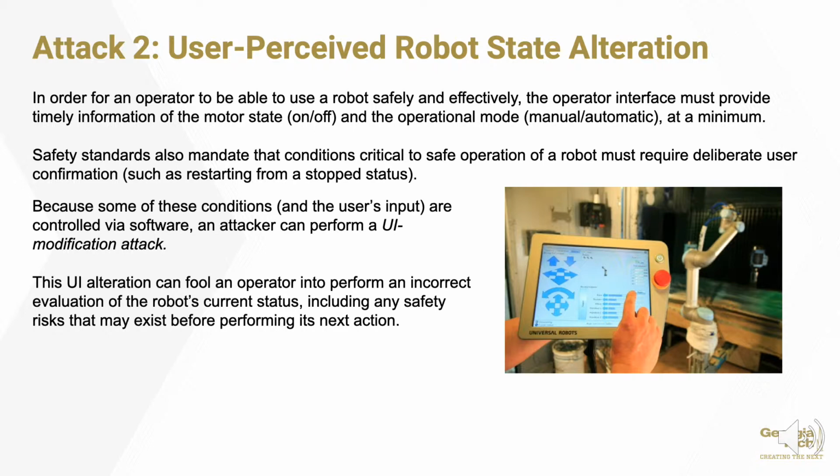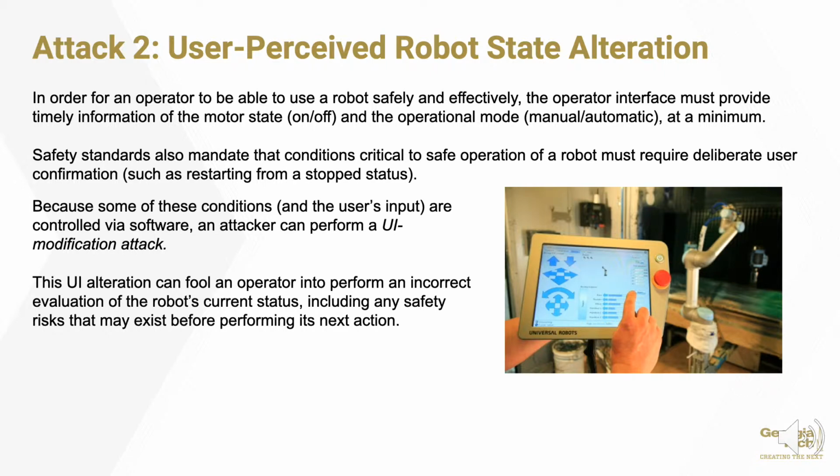by the robot. Some of these conditions and functionalities are controlled by software now, and so an attacker can actually perform a UI modification attack, which can fool an operator into performing an incorrect evaluation of the robot's status, issue bad commands, and cause it to create damage or physical harm, or whatever the scenario may be that the attacker